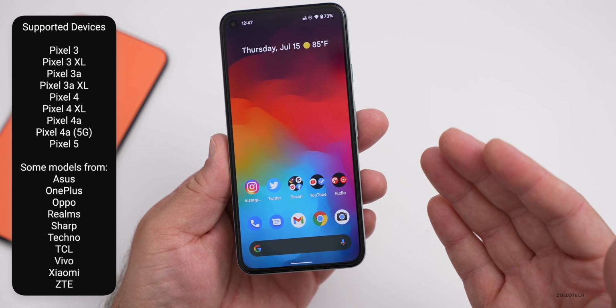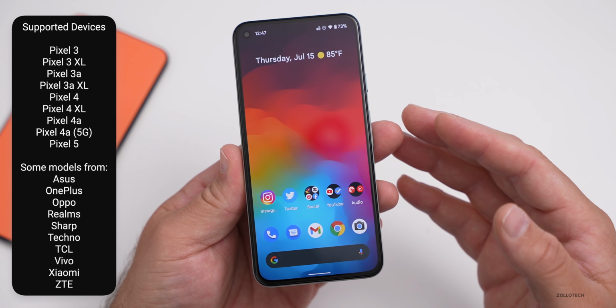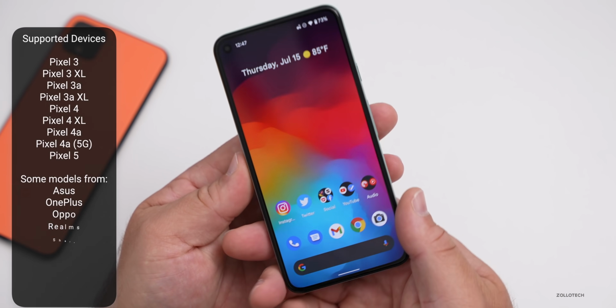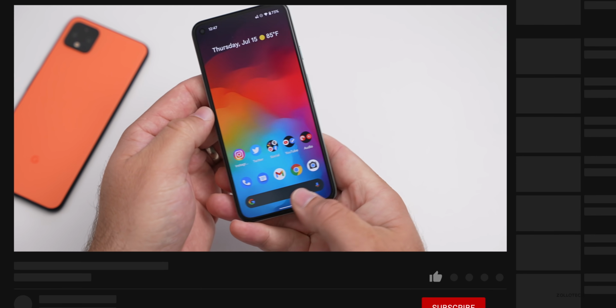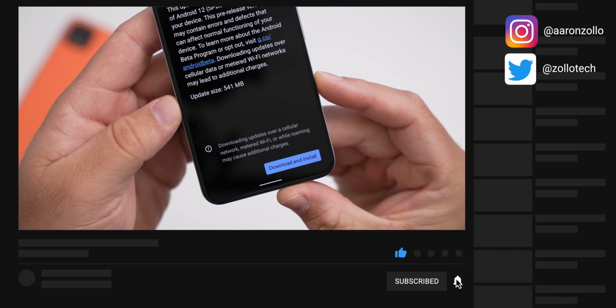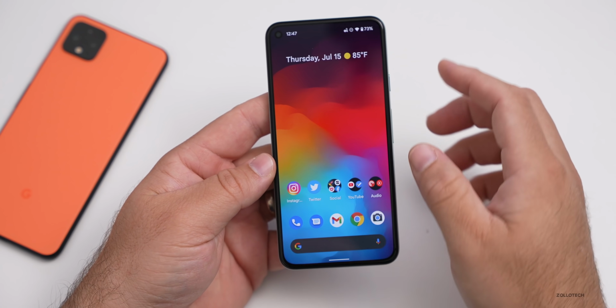Android 12 Beta 3 started rolling out yesterday to all supported devices, so if you're in the beta program, you should start seeing the update now. It may take some time to show up depending on if you're using a Pixel or other supported device as well. I'm using a Pixel 5, and on the Pixel 5, it came in at a fairly substantial 541 megabytes. This update includes quite a bit of different changes and features, so let's go ahead and take a